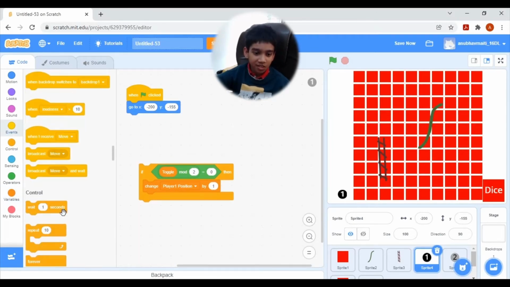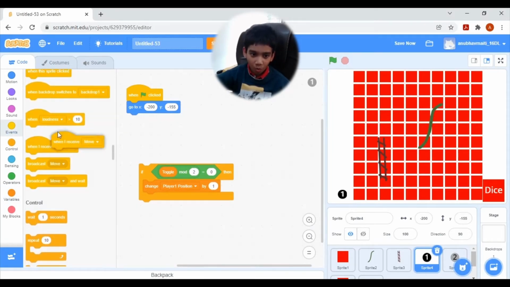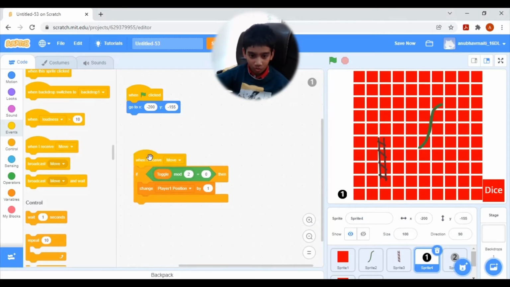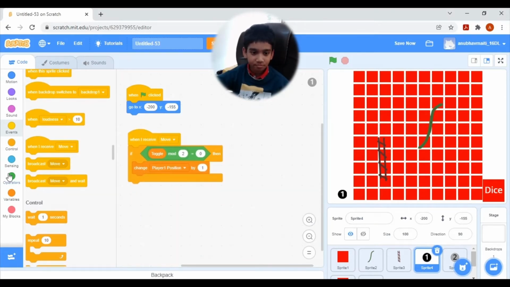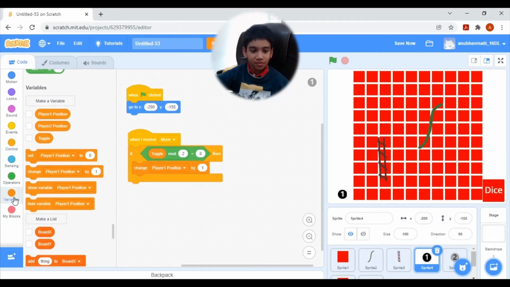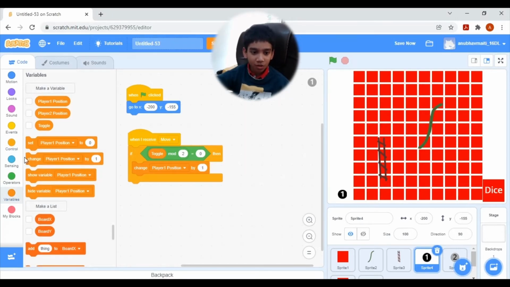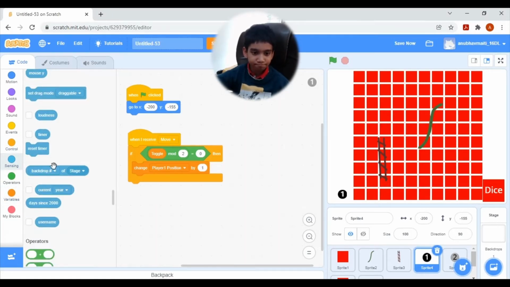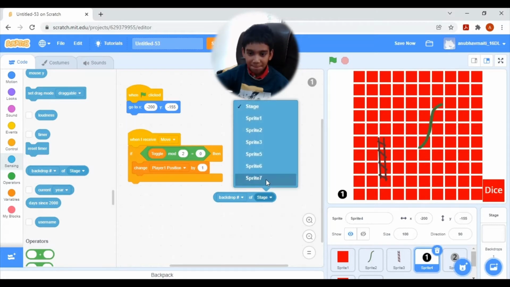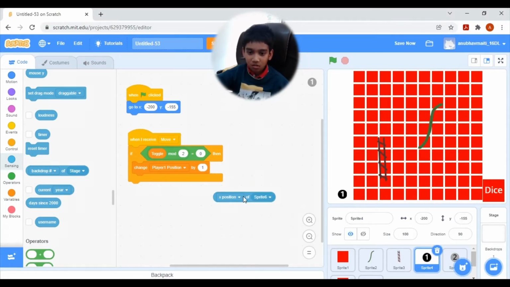So for this we need to put here when I receive move. So change player 1 position by custom name of sprite 6, means the steps it needs to go,